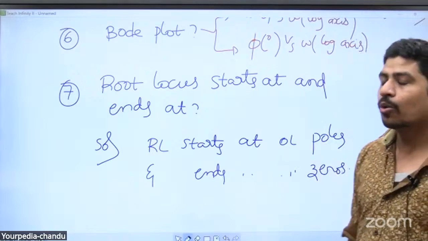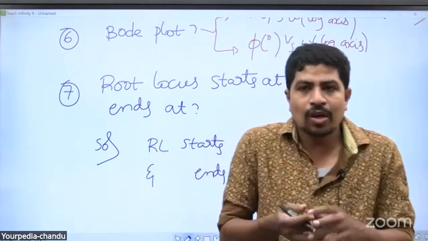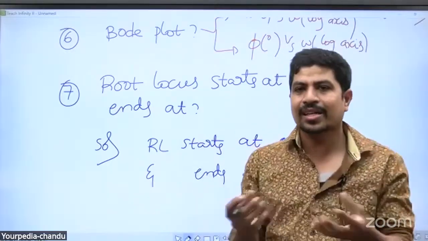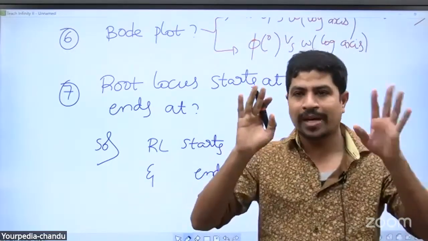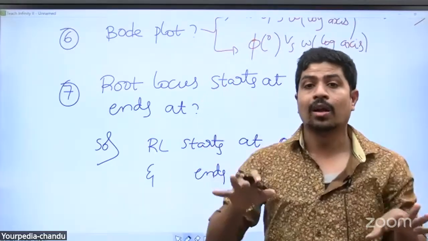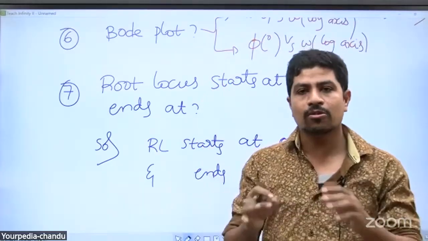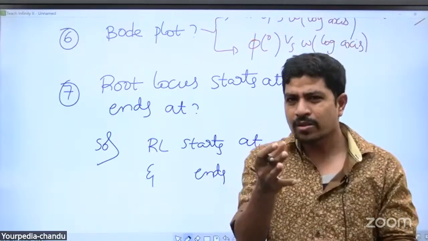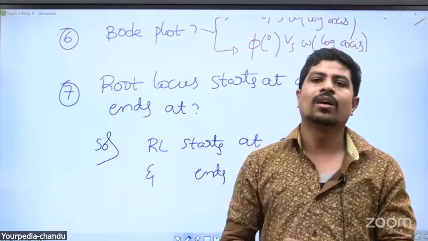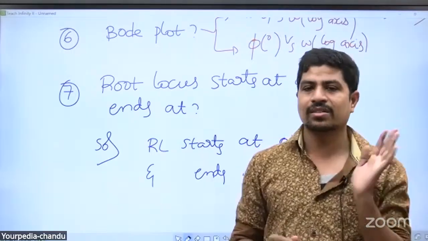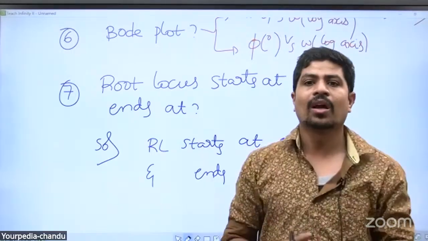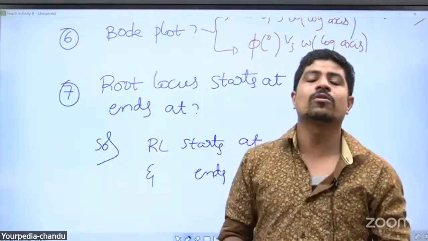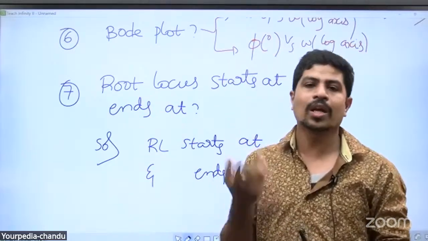Root locus, simple. If you just know the concepts, even if you did not practice well, but you understood the concept well, you can answer these questions. Theory questions, conceptual based questions, no calculation is involved. If you know the concept, just tick for the answer. For one question, it takes only 30 seconds, not more than 30 seconds if you know the concept. Otherwise, how much time you spend? Because it's not a numerical, whatever time you spend, you're not going to get the answer. You may go with the wrong answer, right?